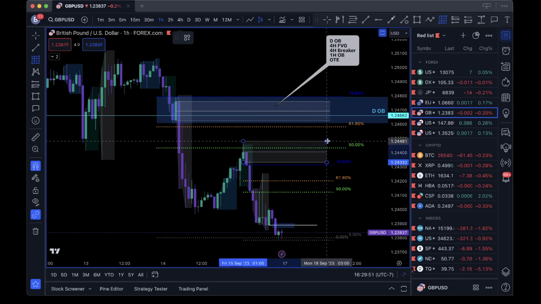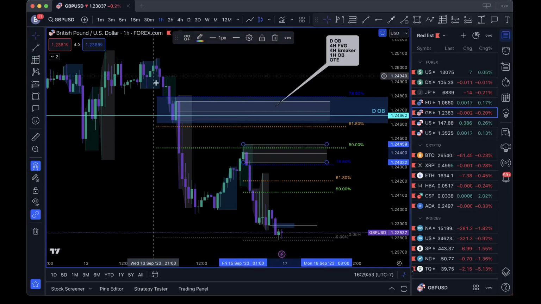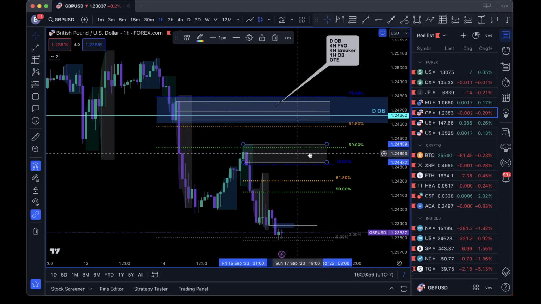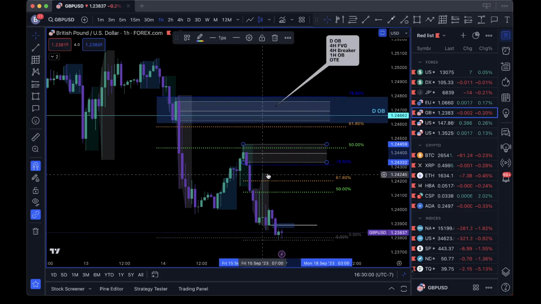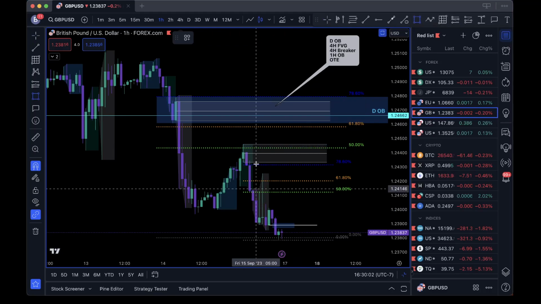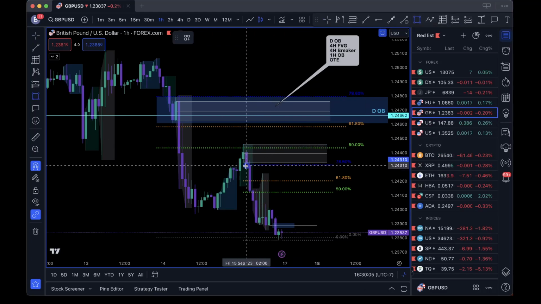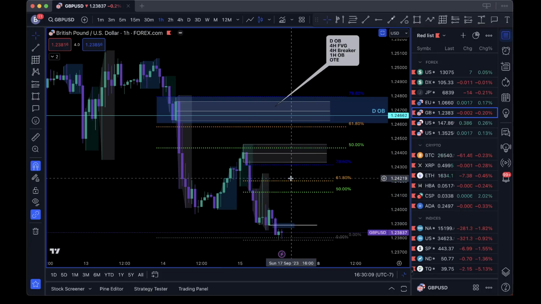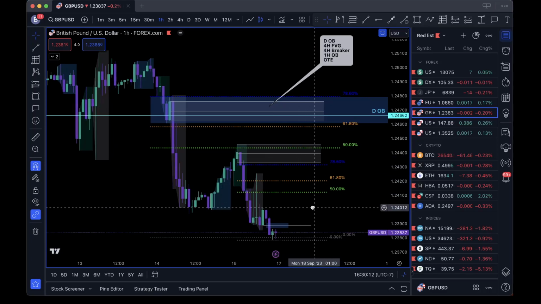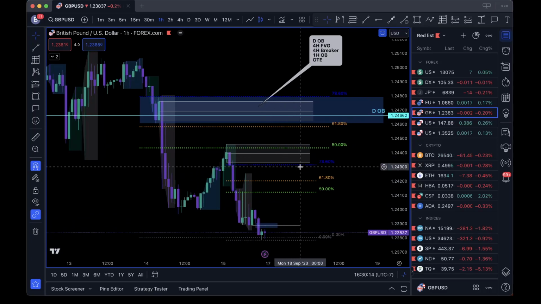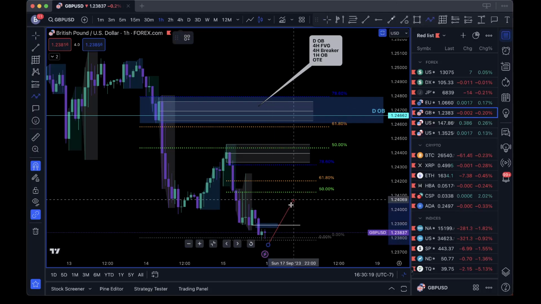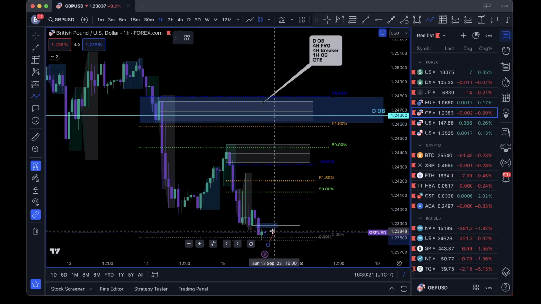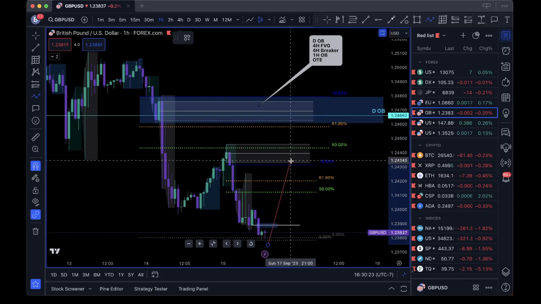On the larger 4 hour time frame, we have the 50% that puts us into premium. We do have a fair value gap right here. This is getting super messy, guys. My apologies. So the first level I'd actually be looking at for this is probably somewhere above the 61.8. I'm kind of looking at three things. We got this level. We have this level. Oh man, this one's just tough for me, guys.